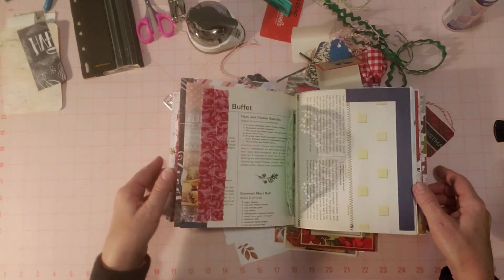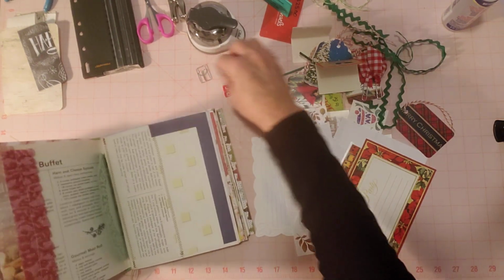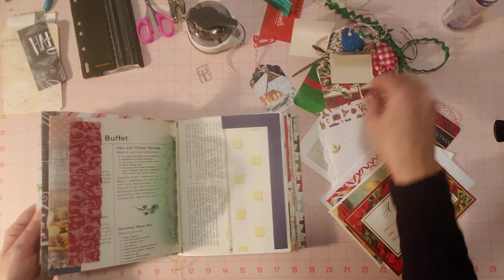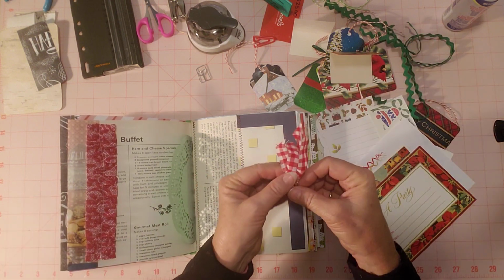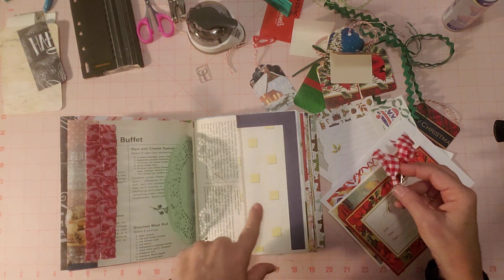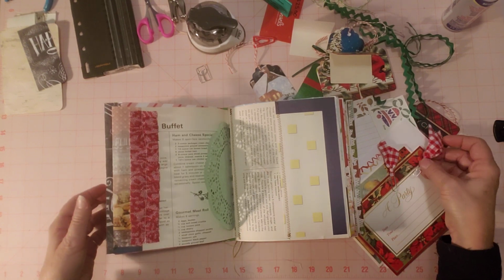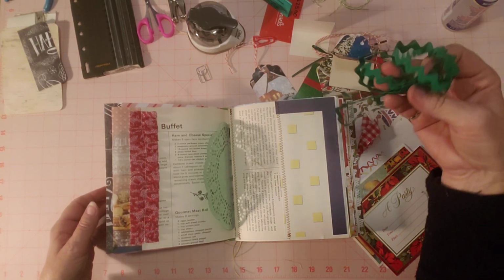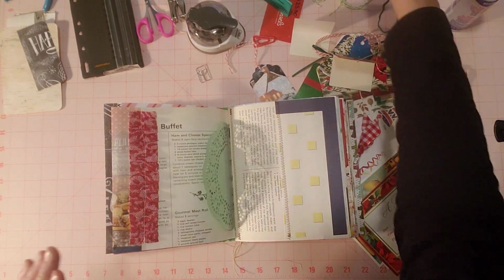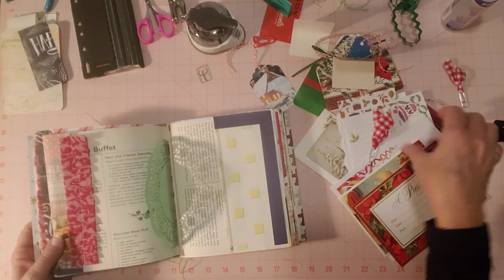and where I'm at. So I thought maybe today I went through part of my Christmas stuff and pulled out things I thought I would like to put in here as ephemera. So I thought maybe we could do that. I've got a couple little paper clips here that are topped with some red gingham because I used red gingham on, I think, a pocket in here. And if we come to it, I'll show you. So those are going to be the clips. I also used this green rickrack to decorate a pocket. So let's just go ahead and I'll show you what I've got here so far pulled out for fun ephemera